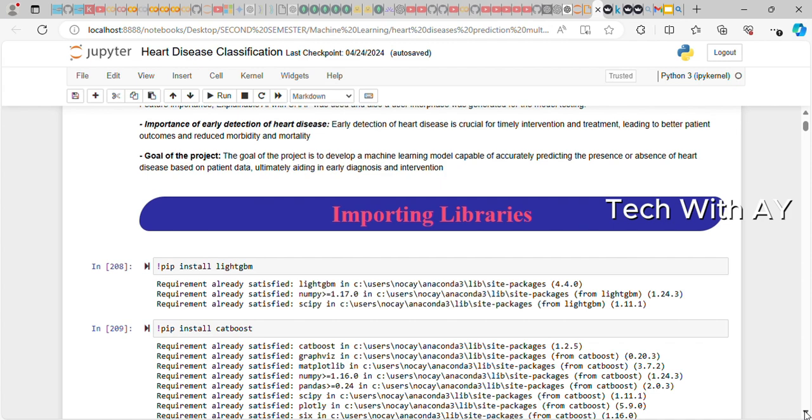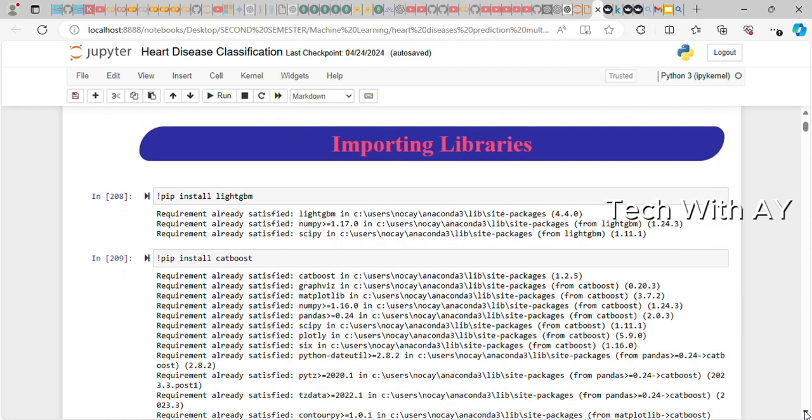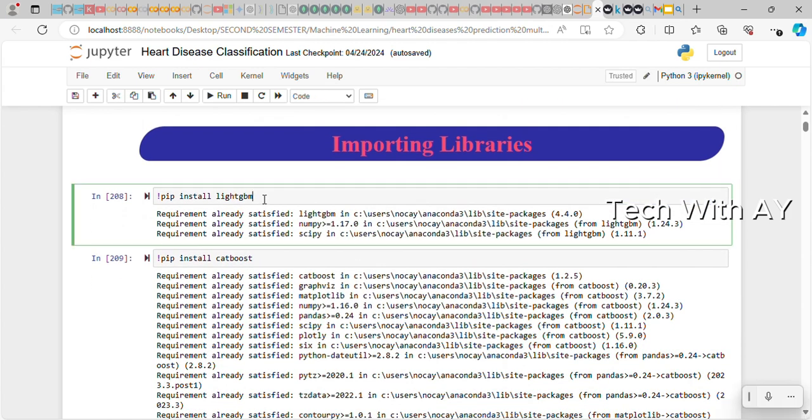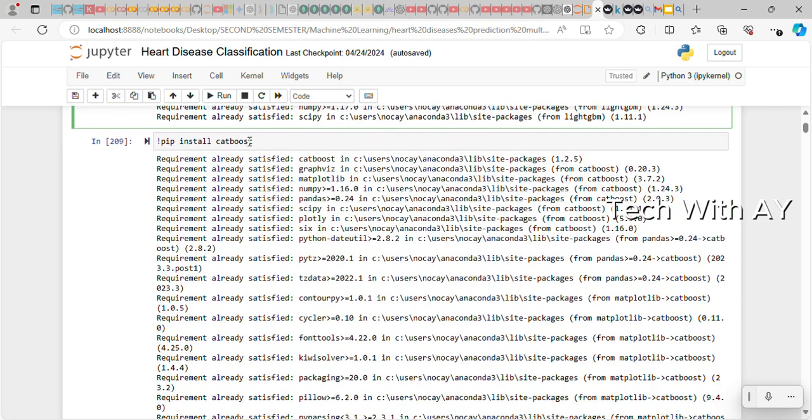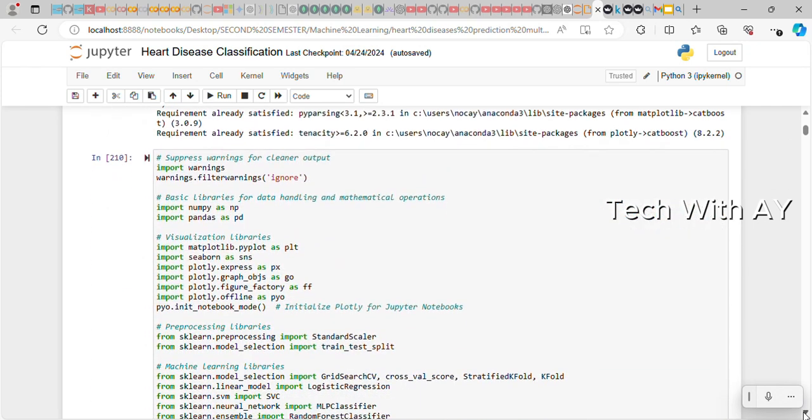Before we actually start, of course, we're going to be doing some installations. We're going to be installing LightGBM, which is one of the models that we're going to be using in this study. Of course, we're also going to be installing CatBoost, the categorical boost classifier. These are the classifiers, and then we're going to start by importing